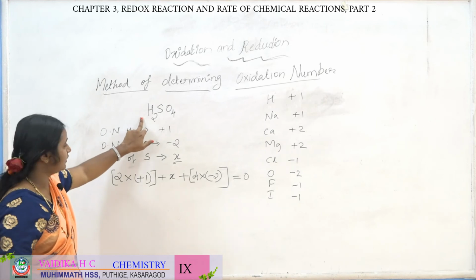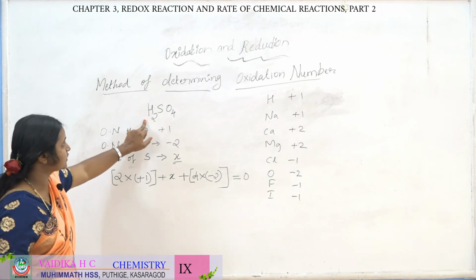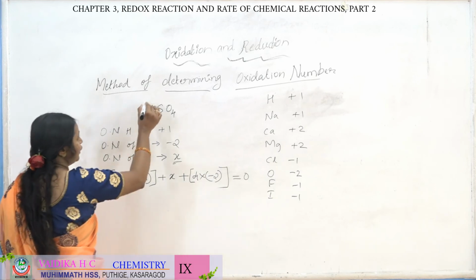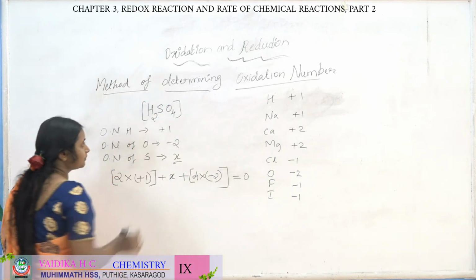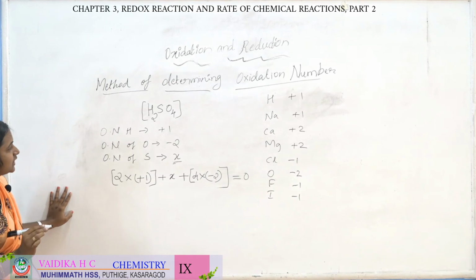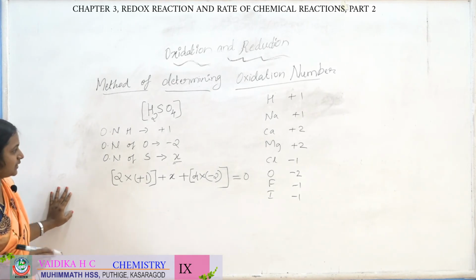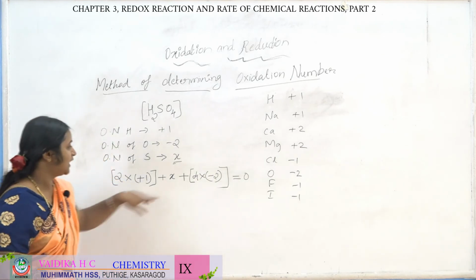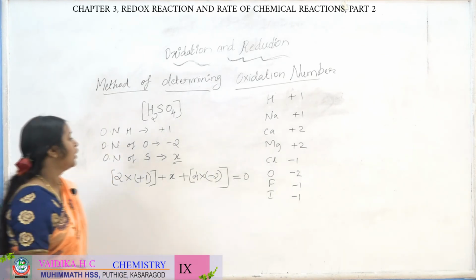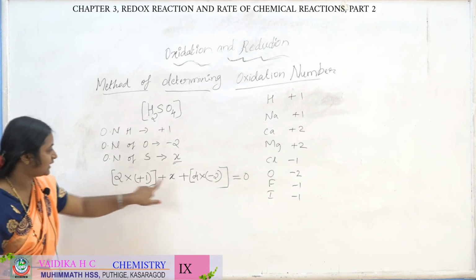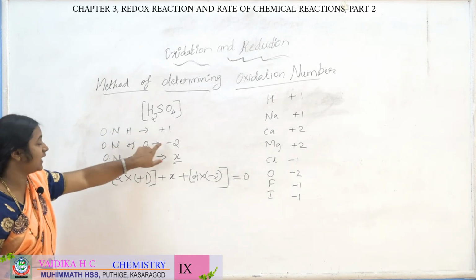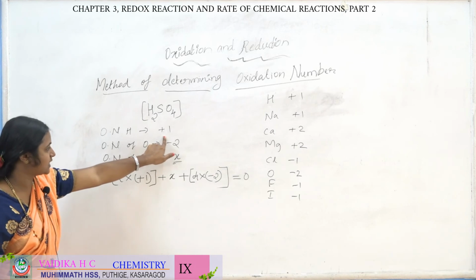While learning the rules of oxidation number, we learn that in a compound, if you add the oxidation numbers of constituent atoms, it will be 0, right? So here we are writing the 0. So how can we write this one? By using how many atoms are there and their oxidation numbers.